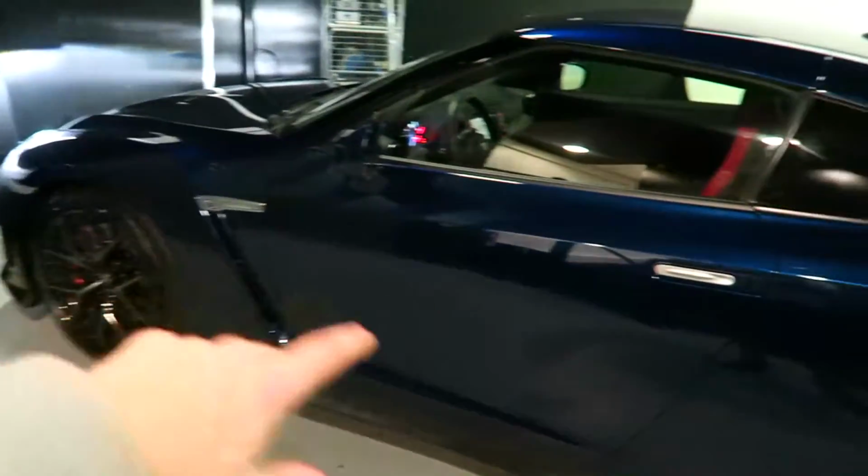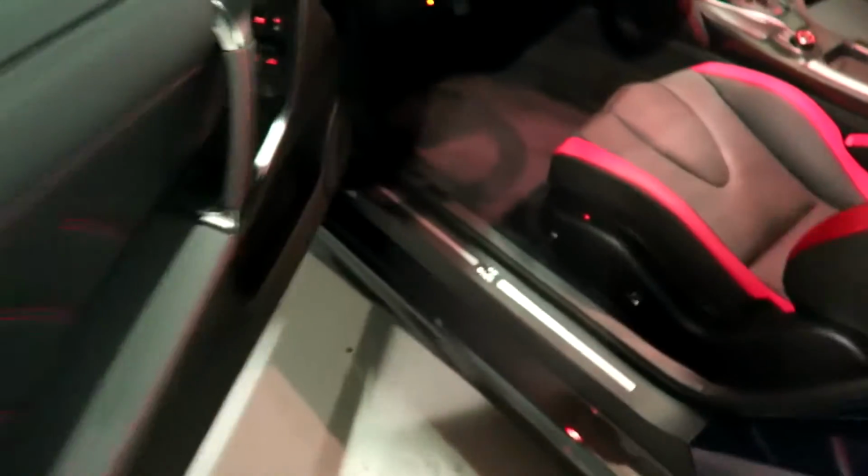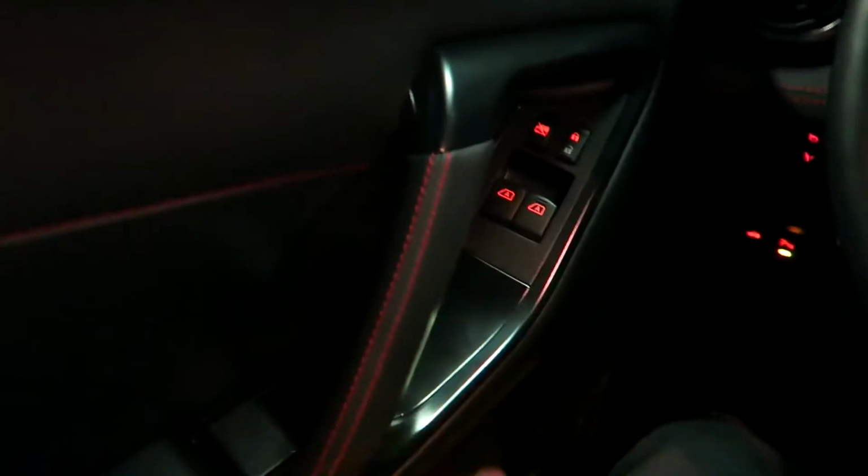All right, so now we've had a look around the car, let's go inside. So obviously the door handles are exactly the same. You pop that in and pull this out. Right, so let's get into the car, and I want you to listen to this door close, because it is actually slightly different. You guys probably might not notice the difference, but it does sound a lot better. My Nissan doesn't sound as cool